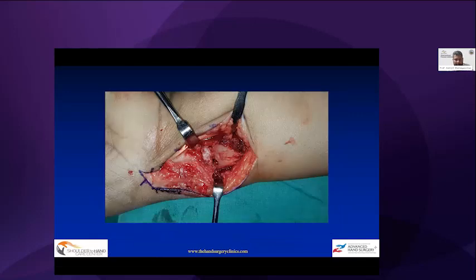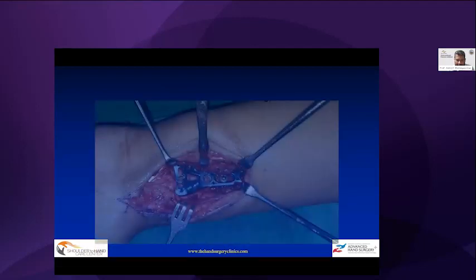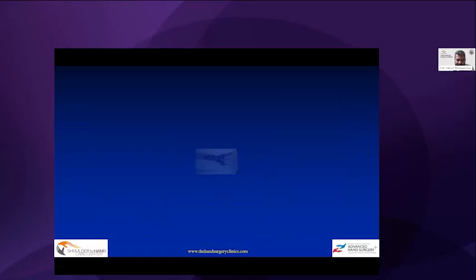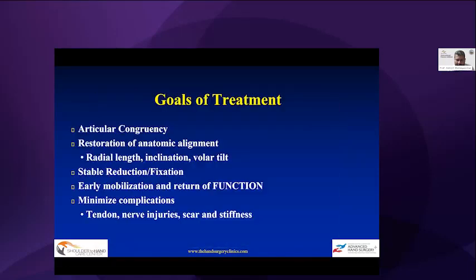So we decided to fix this fracture, and we went ahead, opened up, removed that incarcerated bone, put in a plate, and got a stable reduction. So why are we talking about this? Because I think the fundamental goal of treatment for any distal radius fracture or any intra-articular fracture is articular congruency,